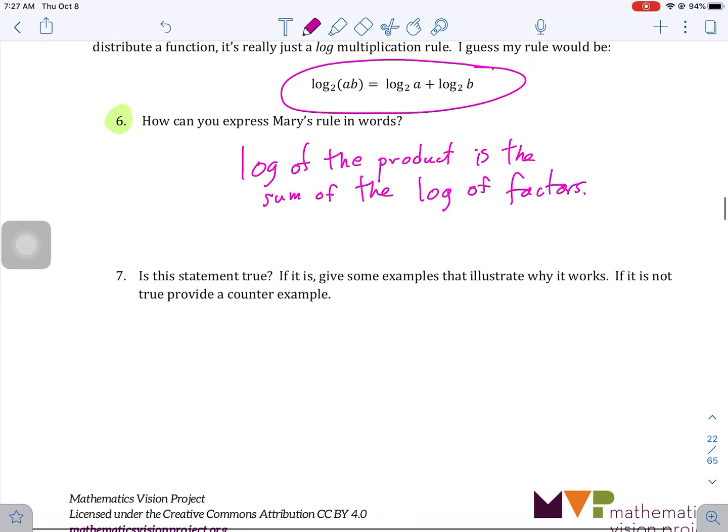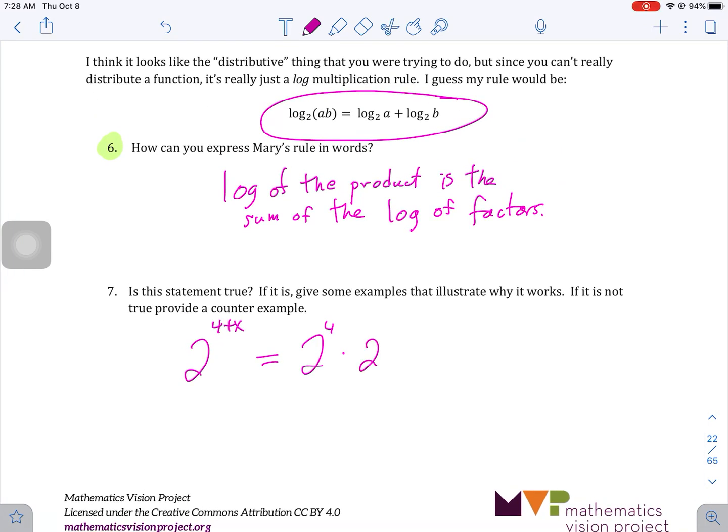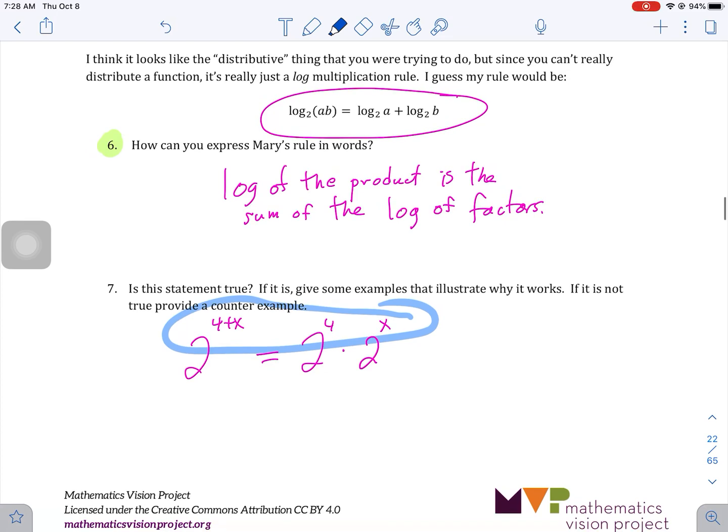And you know, if you think about it, 2 to the 4 plus x is equal to 2 to the 4th times 2 to the x. So there is this addition that's going on with the exponents, and we know that from our exponent rule. All right, so that also is another way to